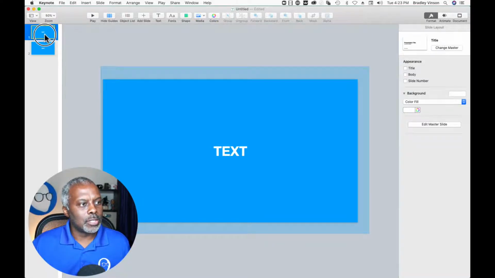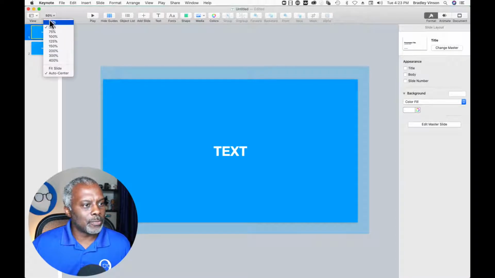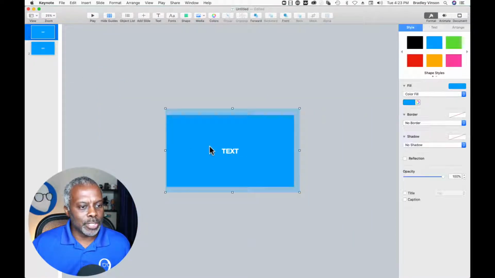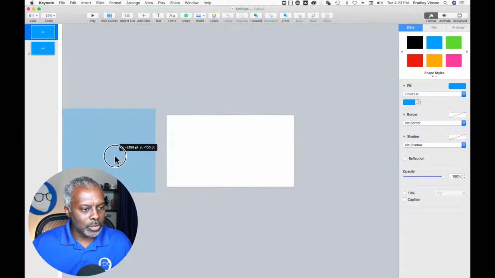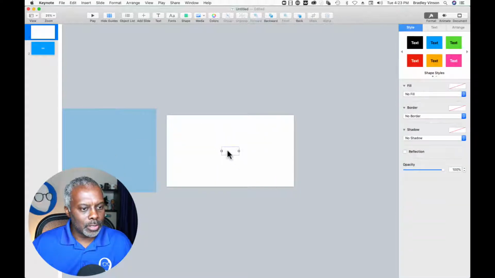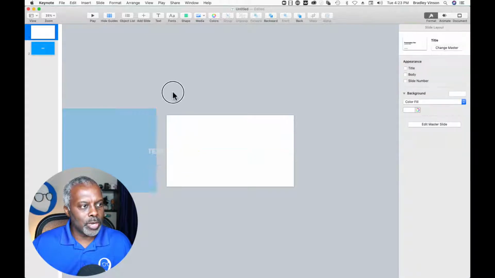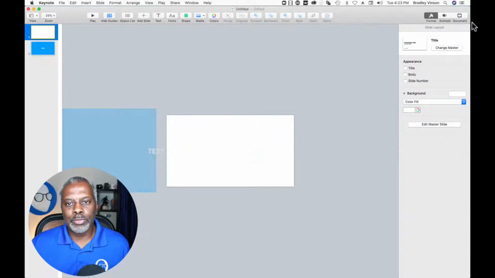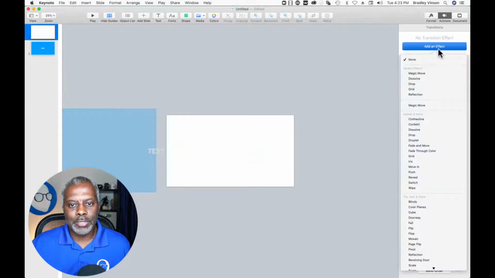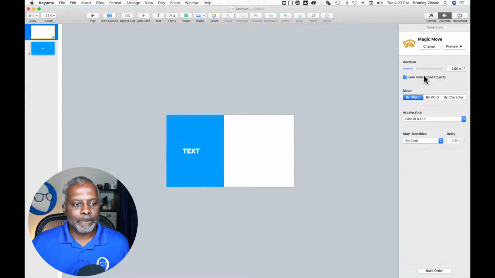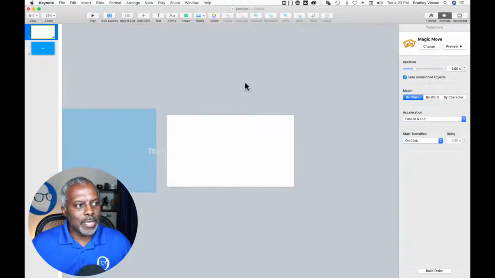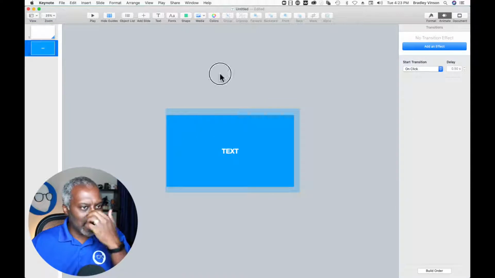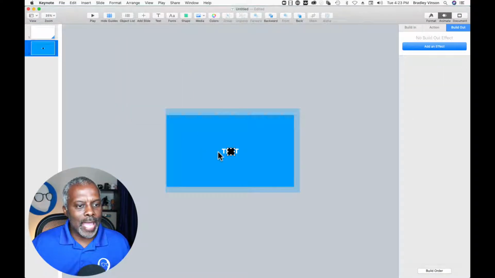Copy, paste. All right, so go back to the first one. Let's zoom out, because this is what I actually did, right? So here's the bar, drag it off screen. Here's the text, drag it off screen closer. Then I'm going to go to animate, add an effect, magic move, right? So it came in. Then on this slide, I had kind of an accent bar. I had the bar slide in, the bar slide out.